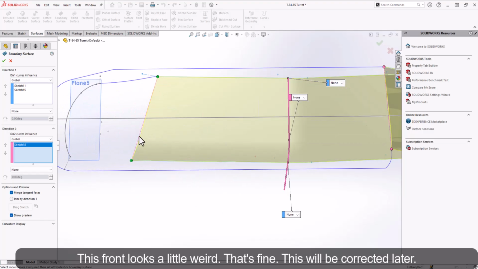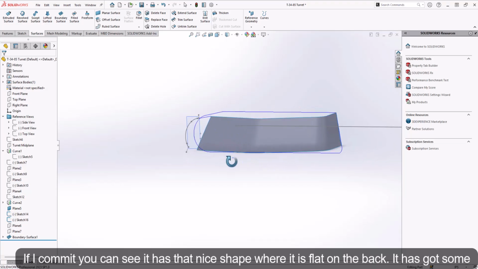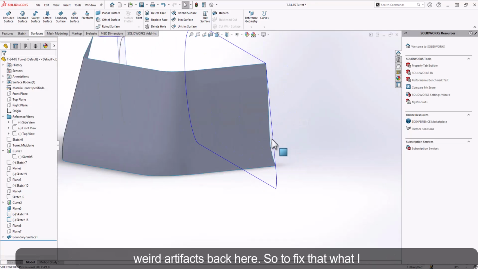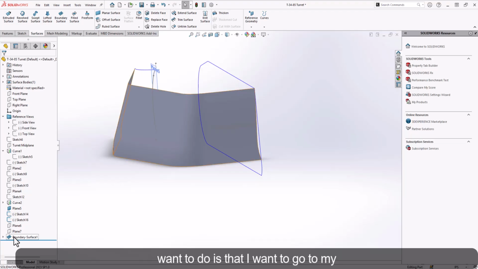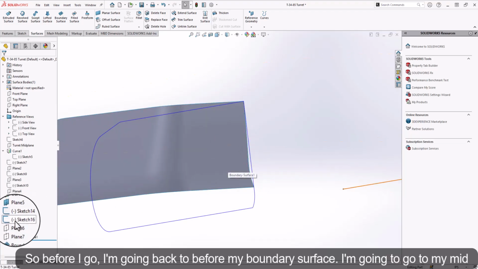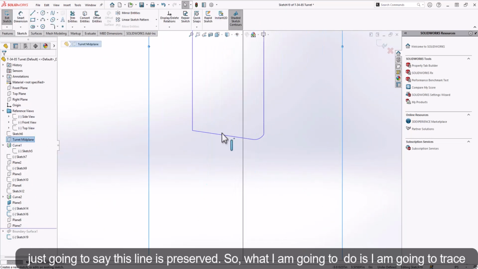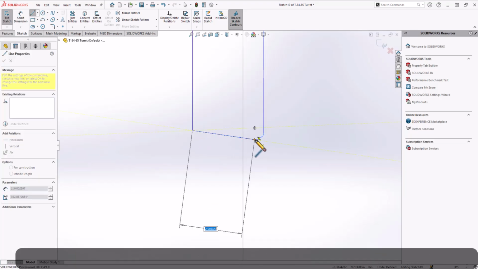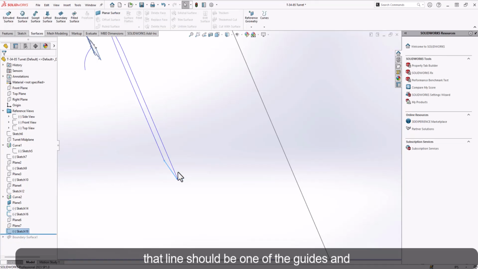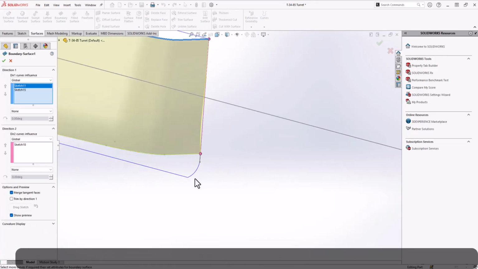And this front looks a little weird. That's fine. This will be corrected later. If I commit, you can see it has that nice shape where it's flat on the back. It's got some weird artifacts back here. So to fix that, I'd want to go to my midplane, because this should be flush. So I'm going to go back before my boundary surface, go to my midplane, and say this line is preserved. I'm just going to trace this line, because that line should be one of the guides. And then if I go back here and edit my boundary surface, edit feature,